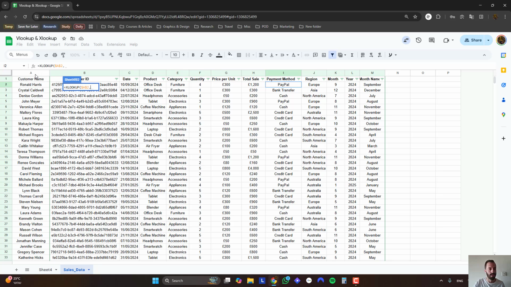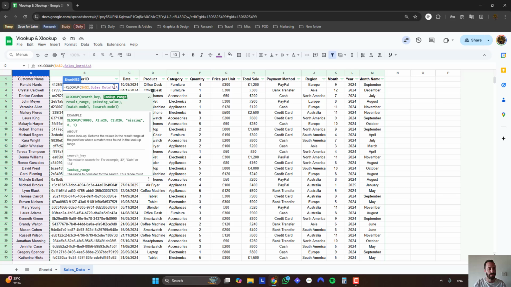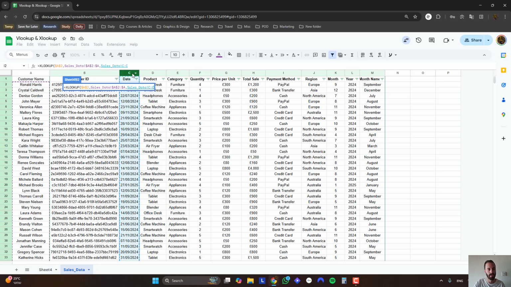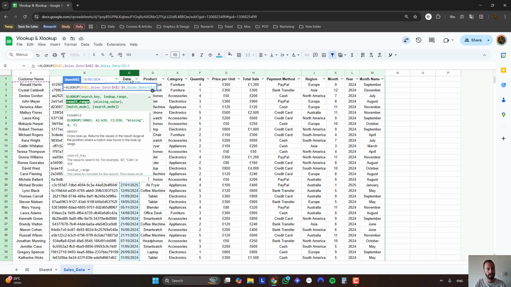Okay, so let's do this. Actually start from A2 because we don't want the header, and we can lock it down as well because this is not going to change. Then the result range. Now here we don't have to count the columns, we just need to tell it what column we want returned. So we just select C in this instance because we want the date returned. And again, we start with C2 because we don't want the header,